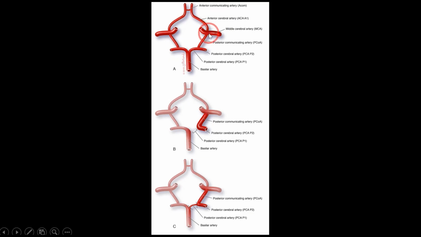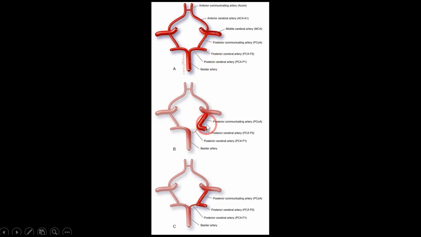Now the communication between the posterior cerebral artery and the internal carotid artery is the posterior communicating artery. Here this is a posterior communicating artery, but the P1 is equally large, the posterior cerebral artery is equally large. So there is equal contribution from the basilar artery and the anterior circulation. This is a situation where even if there is some atherosclerotic change here, nothing will happen to the posterior cerebral